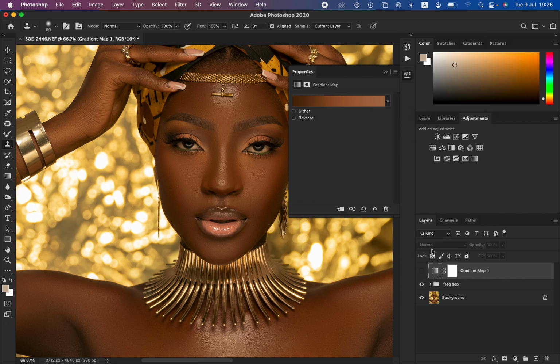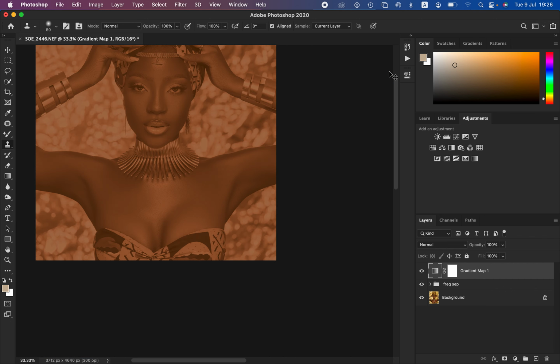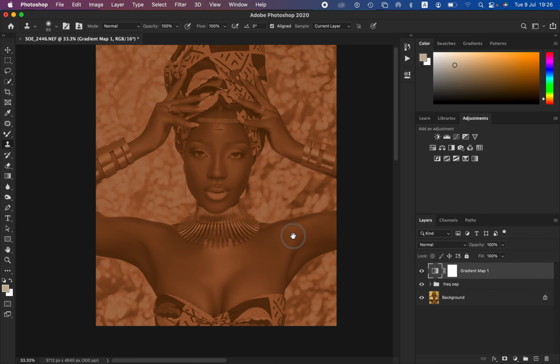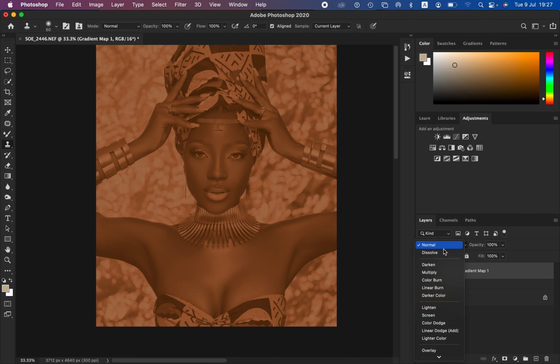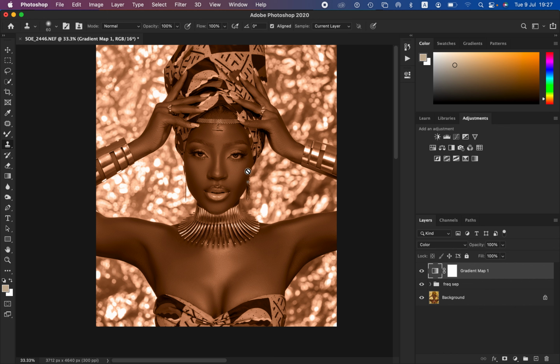So we are now going to come right here and activate the gradient layer, and you can see it is now affecting the overall image. In order to make this skin tone look better, change the blend mode from normal to color, just like that. You can see it is now looking close to skin tone,